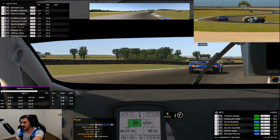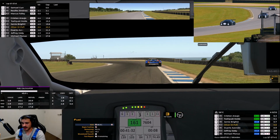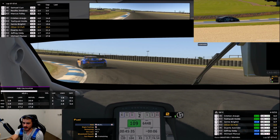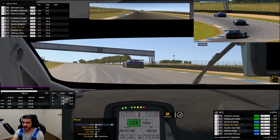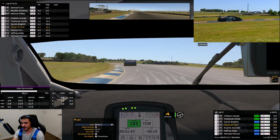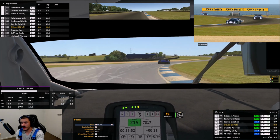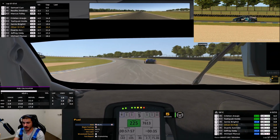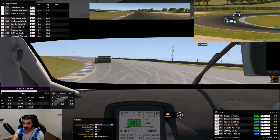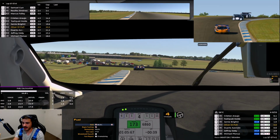And as I've mentioned in a few of my other videos, there's nothing wrong with sitting behind another car, conserving a little bit of fuel. Seeing that this track is more of a lift and coasty kind of track, you don't really find yourself burning a lot of litres of fuel per lap, because there are so many corners where it's just, oh yeah, I'm just gonna lift and coast into here, up this section of the track,